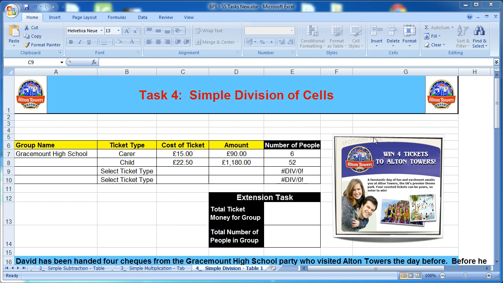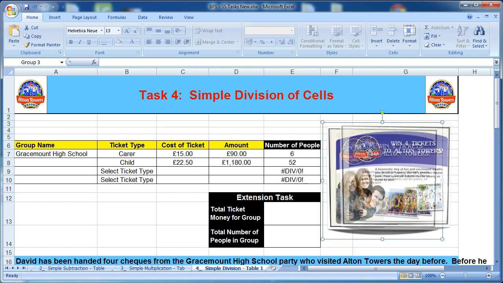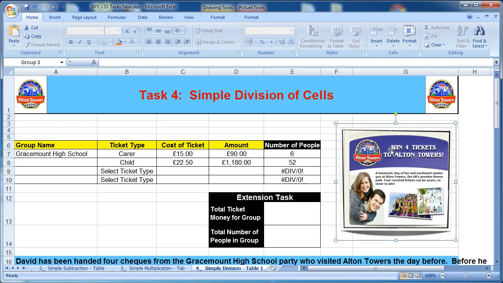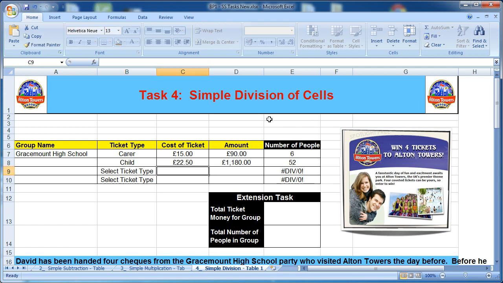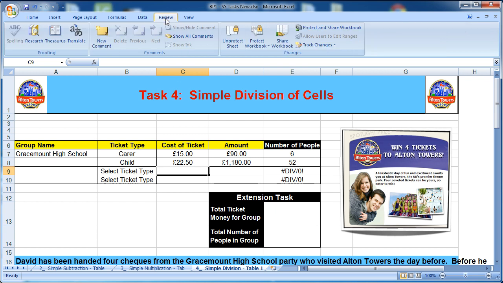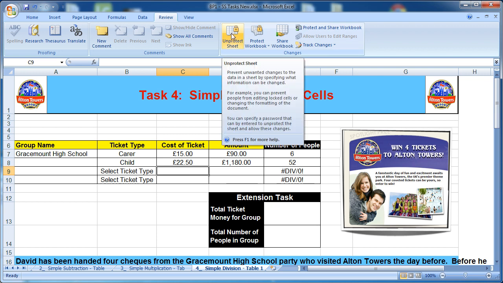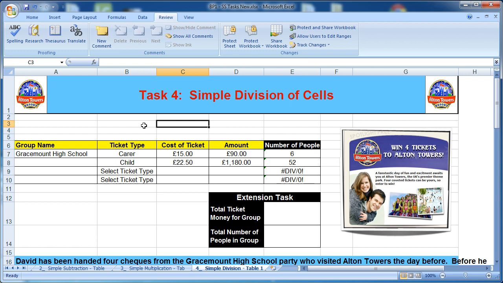So first of all, this is annoying, this thing here, because you can't fiddle with anything around here. So let's, oh, you can actually move that around. That's interesting. But what we're going to do is get rid of this protection, so we can actually click on any of these cells. So if you go to, I think it's Review, and click on Review there, then you've got this little thing about Unprotect Sheet. So if you click on that, all of a sudden you can click on everything now,